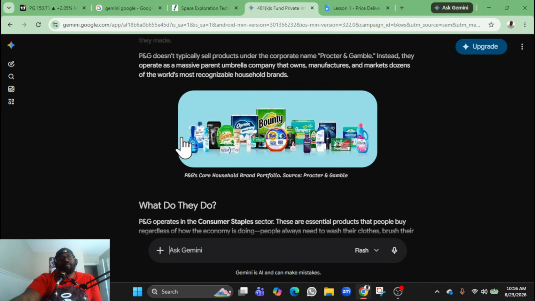Look, your Tide, your bleach, your Pampers, Bounty wipes, all of the household items come from Procter and Gamble. A lot of people don't know that. So stuff that's going to be used consistently within your household, stuff that's used in everybody else's household, what they use consistently, news is not going to stop people from buying Bounty towels,